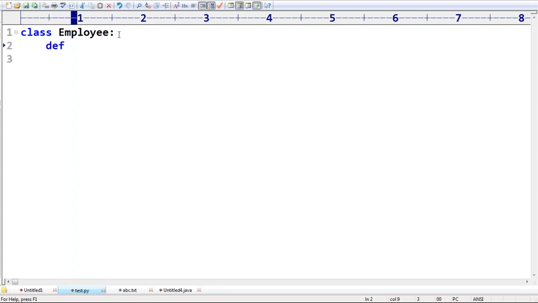Underscore underscore init underscore underscore. Are you getting what this is, sir? Remember, very important: self is compulsory for the constructor, for instance methods and so on. Self should be there by default. Remember that. Self. Next, enum,